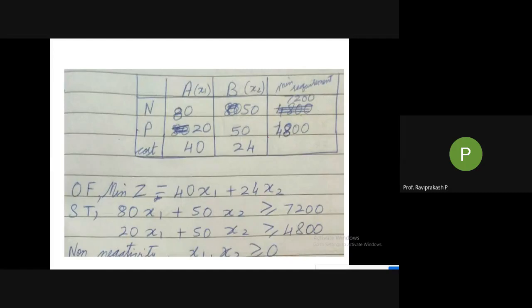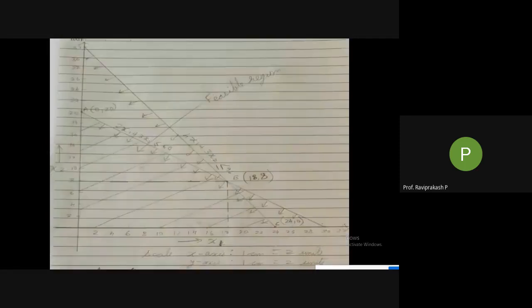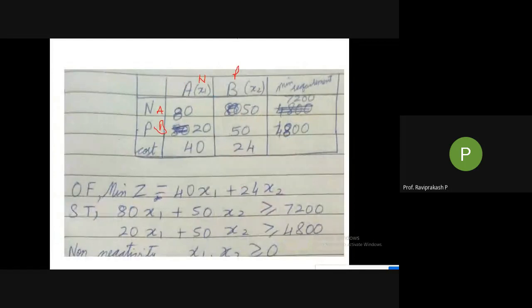So if you see, I have made some changes here. In the earlier one I had put A and B here. Instead of N and P, I have put A and B here, and my N and P were here. Don't get confused with that. You can write it anyhow. N and P were given to you here, and A and B were also given there. I have written it on the top. Both are fine, as long as you are writing them properly. I don't have any issues. It's your wish.